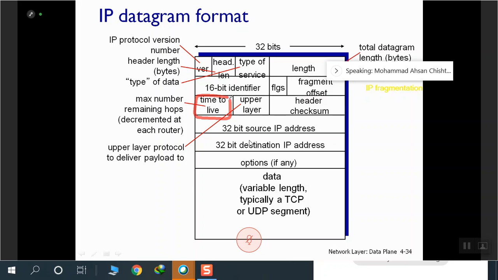TTL ensures that a datagram does not circulate within the network forever. So you give a certain value to it. Let's say you give TTL 10. It is decremented at each router, which means after every hop we get a -1 within this TTL. So TTL changes every time it moves from one hop to another. Keep that in mind. Once it changes at every hop, after the 10th hop,